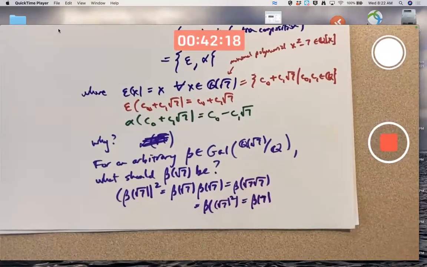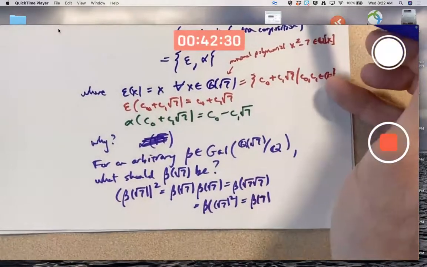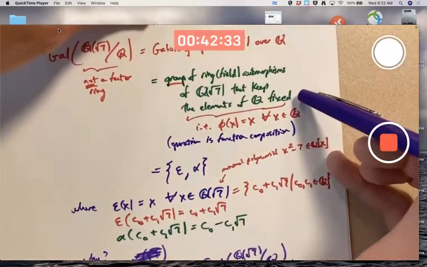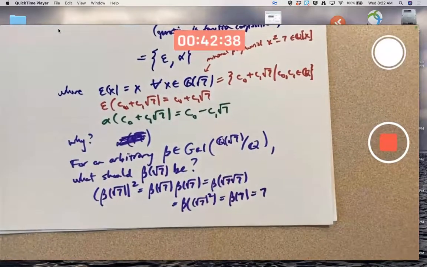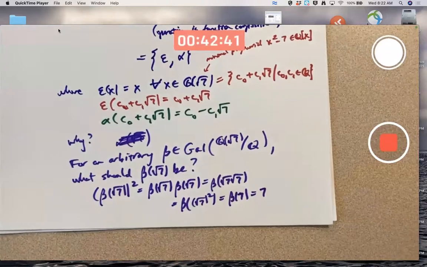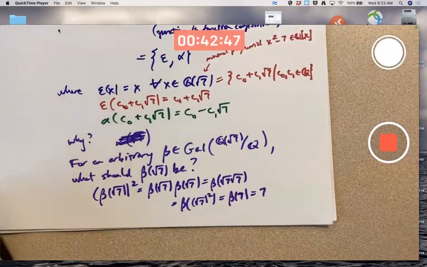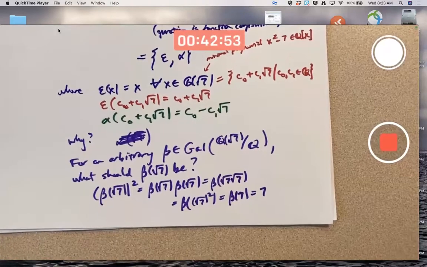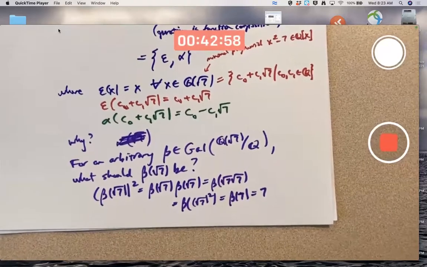But what's beta of 7? Well, 7's a rational number. Beta's got to keep the base field elements fixed. That's what the Galois group does. It keeps the elements of Q fixed. Beta of 7 has got to be 7. In fact, you could say that that's got to be true for any automorphism of any extension field of Q, whether it's a priori in the Galois group or not, because problem number 1 in chapter 32